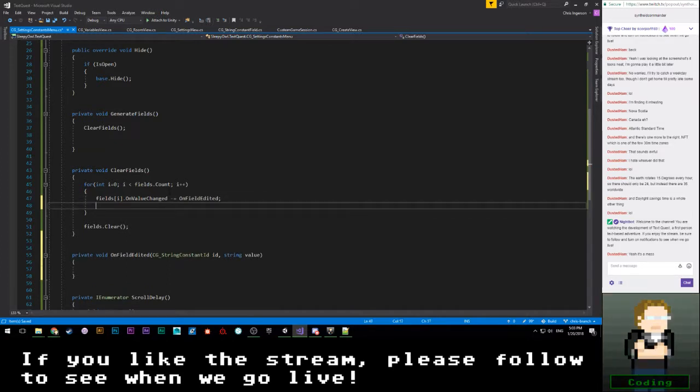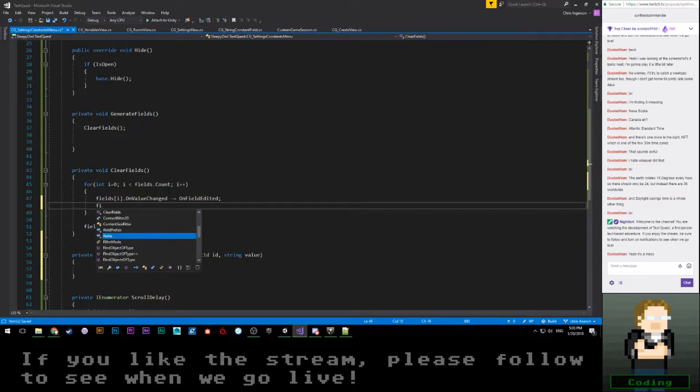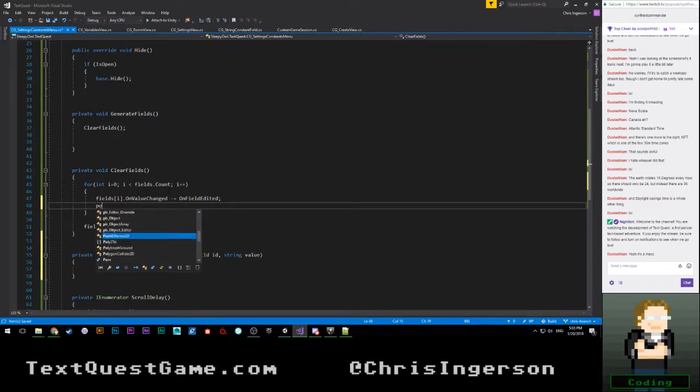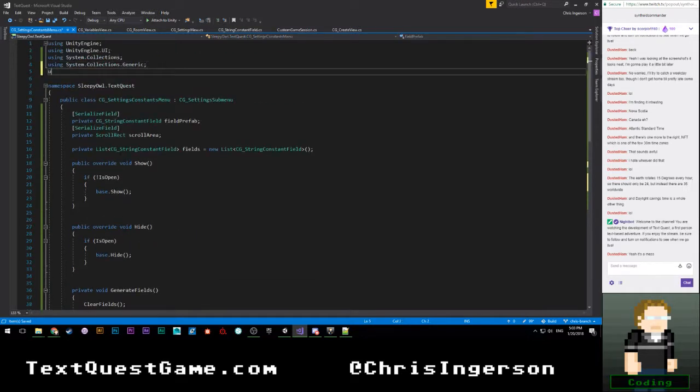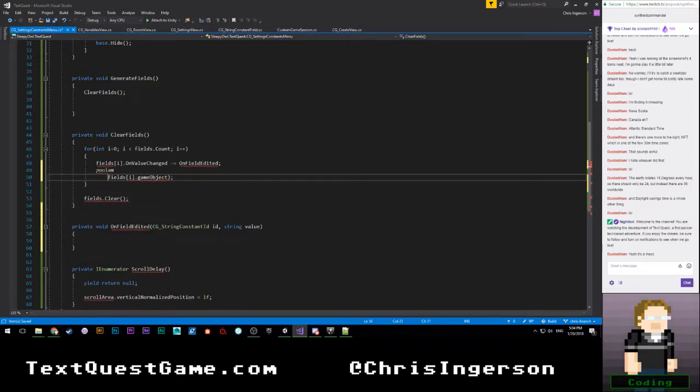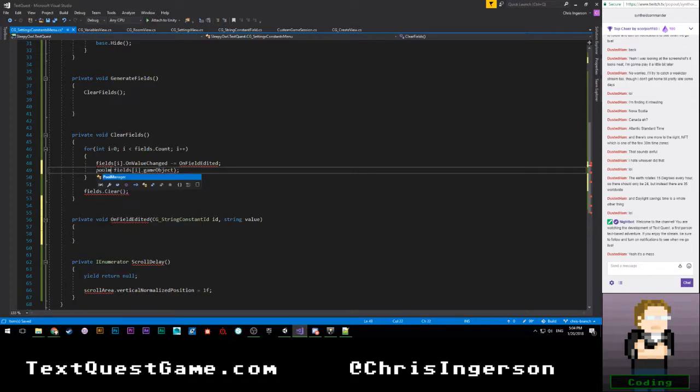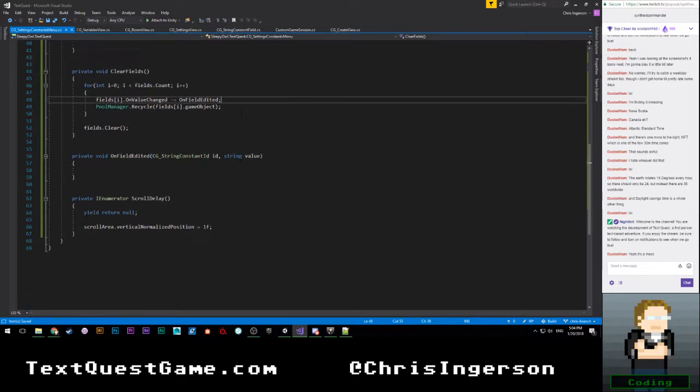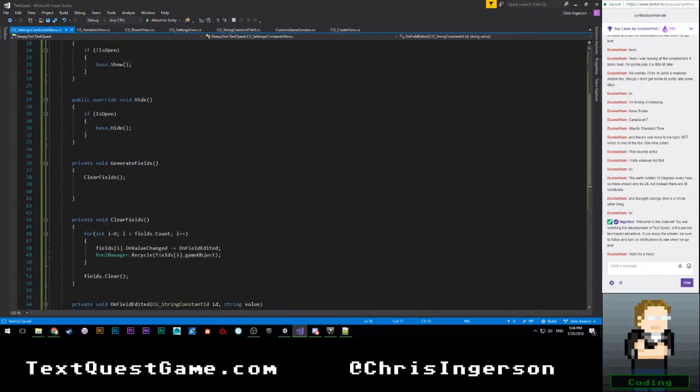And that's then fields as a pool manager. Oh, right, I need to use common here. So using sleepyowl.common, we're going to say fields of i game object there. I'm doing this backwards because of course I am. Pool manager. I can't type. Pool manager dot recycle. Okay. So that should get rid of all of the fields that we have spawned.